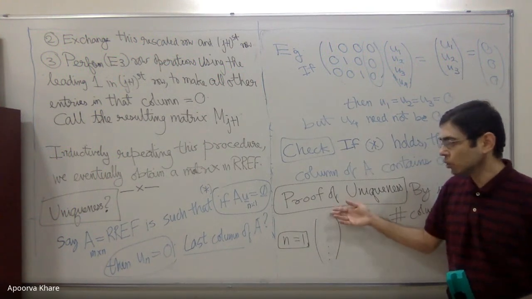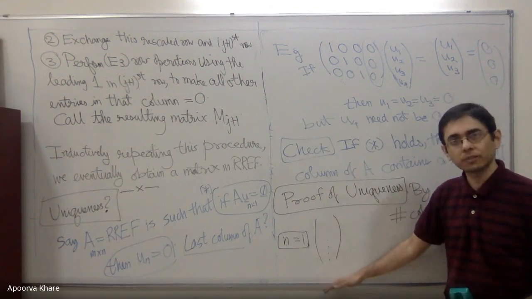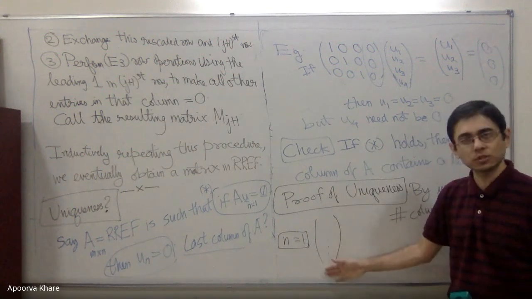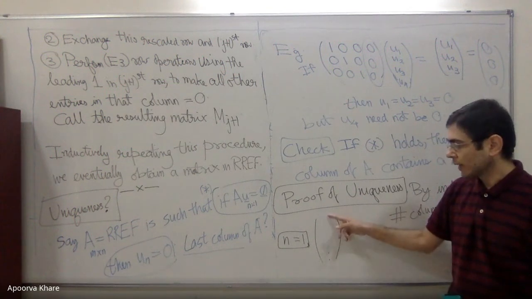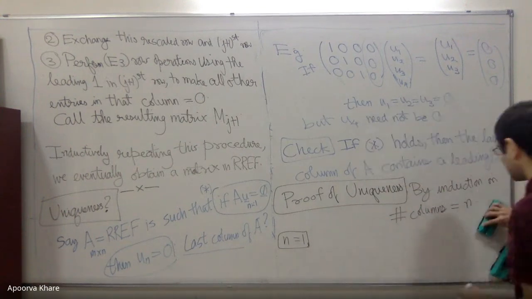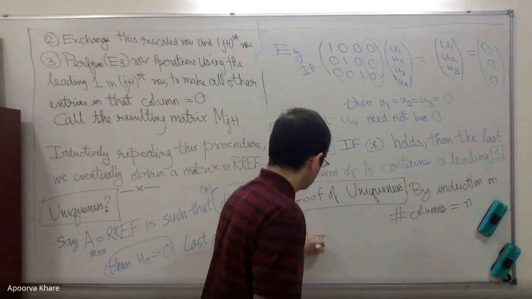So how can a 0 row be above a non-zero row? In a row reduced echelon form, all zeros are below. So the only two matrices in row reduced echelon form are the all zeros column, or the one with all zeros below. I'll just say that, and again I won't write it down. It's obvious from the definitions. The only